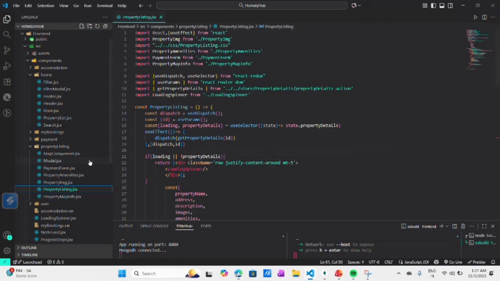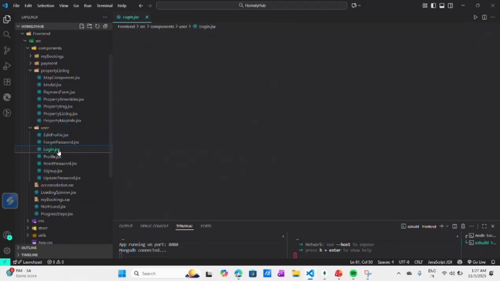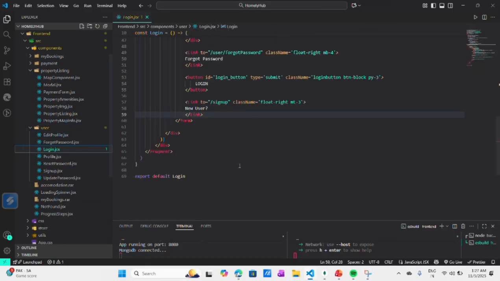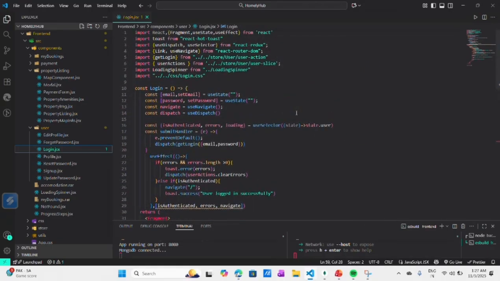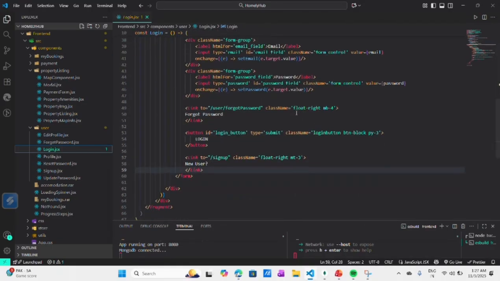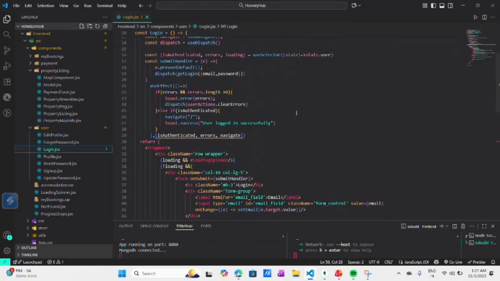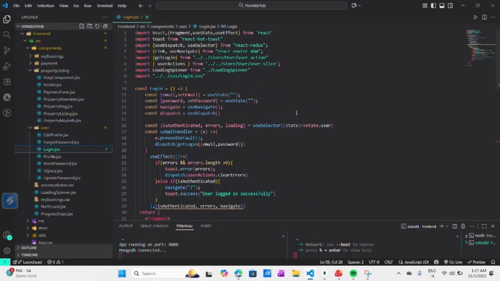Let's move forward. I will show you the login.jsx file. This handles the user login page and contains a form for email and password. On submit, it sends the data to your backend using Axios and a Redux action.